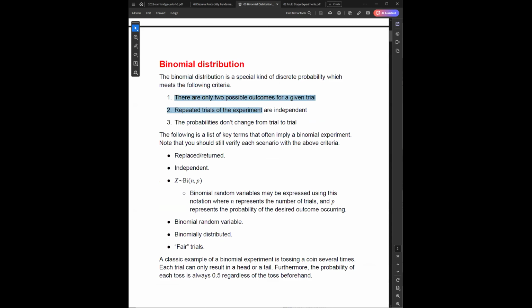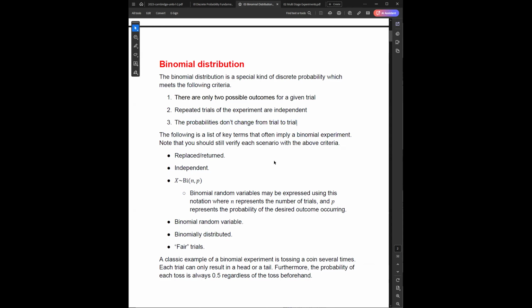So that's how we identify binomial. It's usually by what it lacks rather than what is included in there. There's also some other key terms that you could have a look at. This idea of replaced, returned, with replacement, right? That sort of thing. The reason why that's important particularly is because binomial requires probabilities not to change from